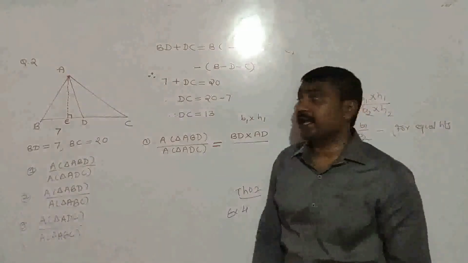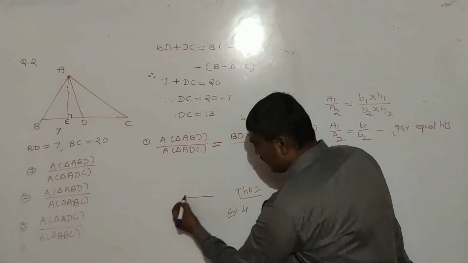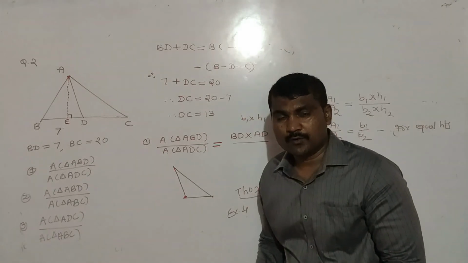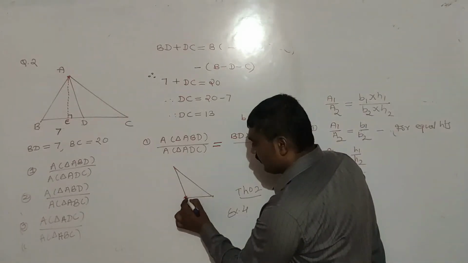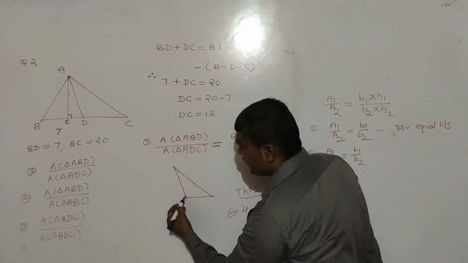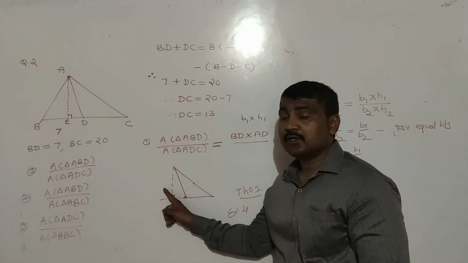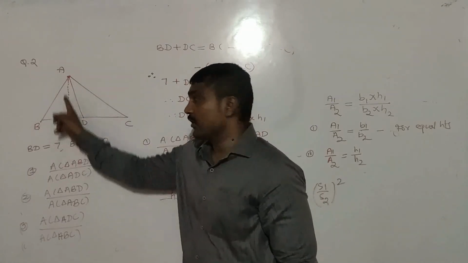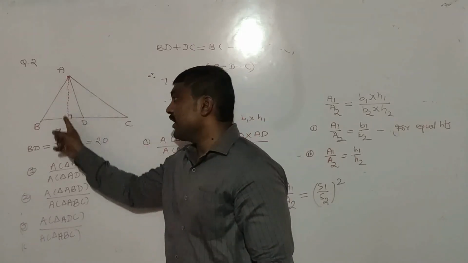Now for triangle ADC, it is the obtuse angle triangle, and I told you many times, अगर इस ट्रायंगल में हमें परपेंडिकुलर ड्रॉ करना होता है, so we can draw perpendicular in three ways ना. So suppose we can draw perpendicular like this. So this is the base, this is the height. We can draw by extending this line. We can draw perpendicular from here also. So this is the base and this is the height. And here in given triangle ADC, AE is perpendicular. That means we can say DC is the base and AE is the height.